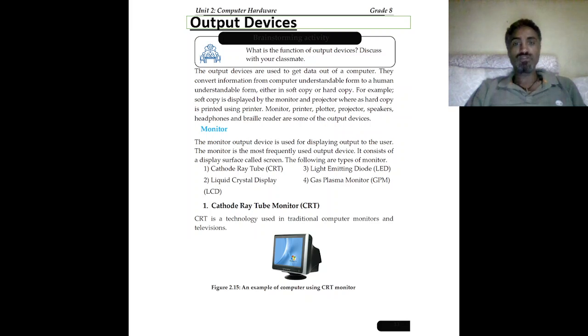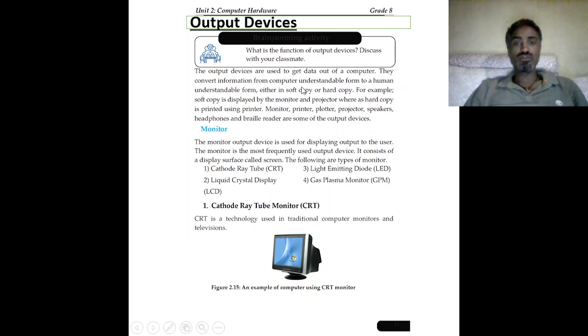A printer can change soft copy into hard copy, because any information stored inside the computer system is soft copy, and on paper it is hard copy. So it is possible to change soft copy into hard copy by using a printer.